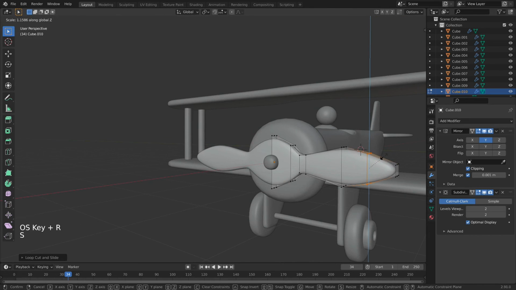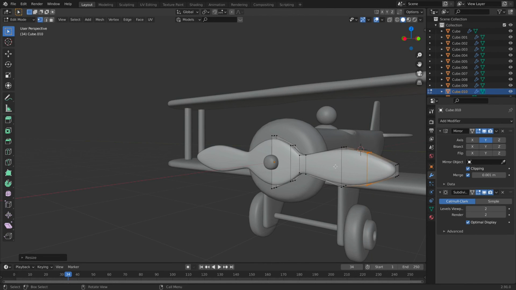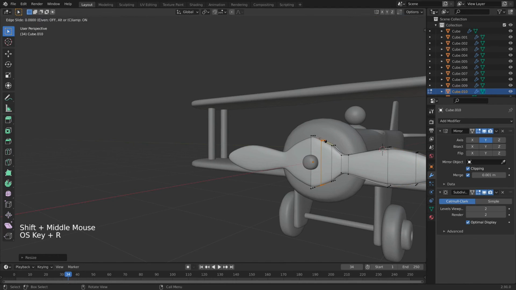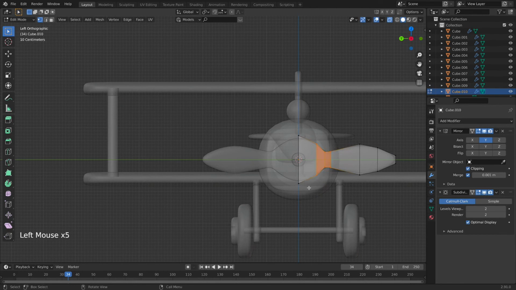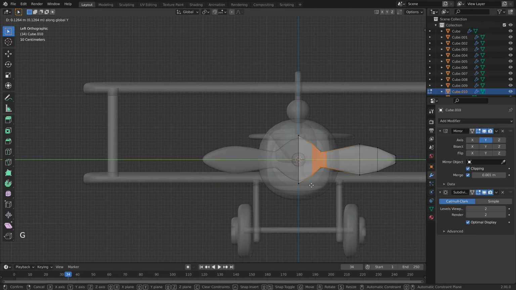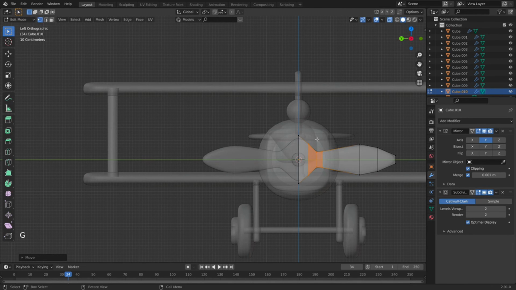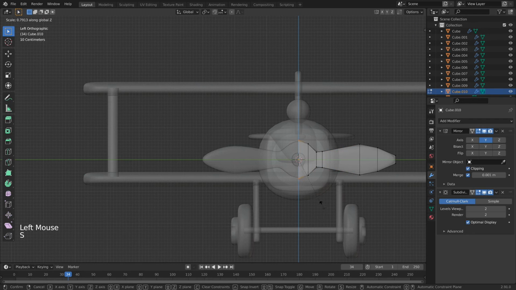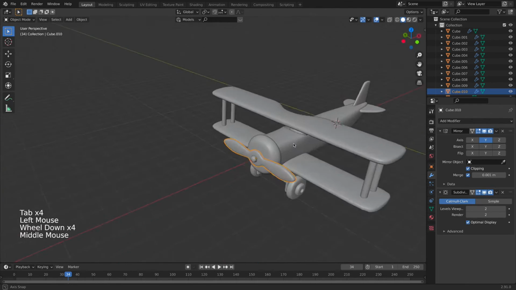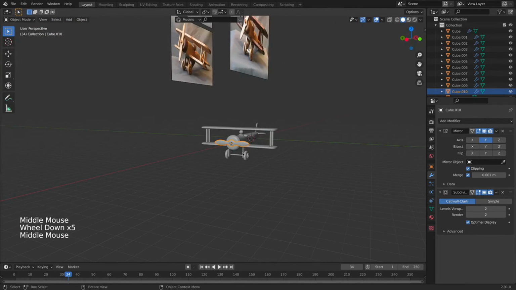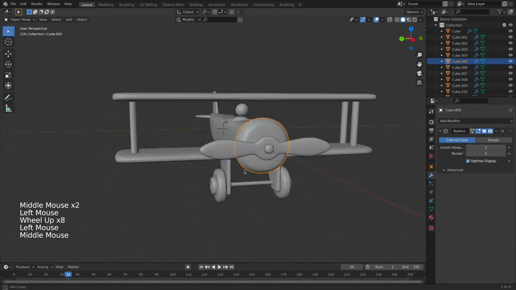one more edge loop, and I will press SZ and scale this on the Z axis, and here maybe as well. Okay, so we don't need this one, but I'm going to do just edge sliding here, and maybe we can go and pull those here closer a little bit more, and now I can go and scale this one on the Z to make it more rounded shape. So now we are done with modeling our plane. As you can see, we have all details that we need, and